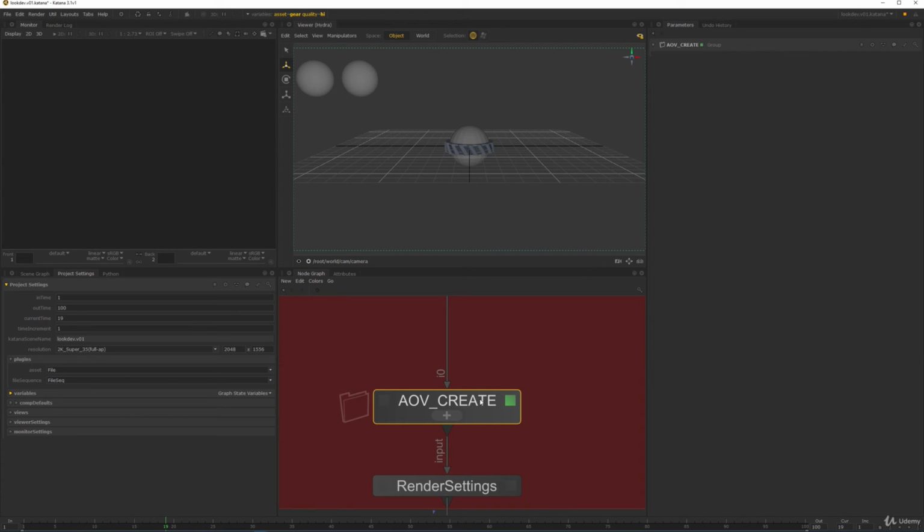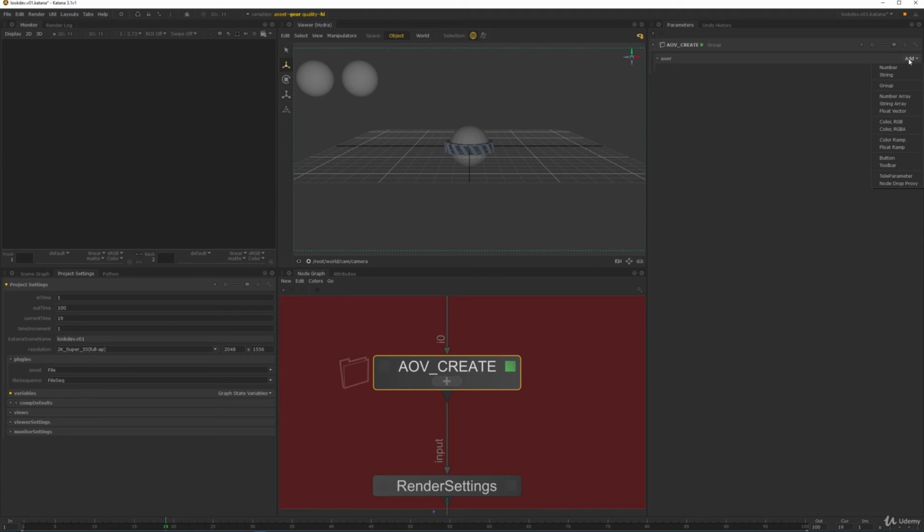Ideally, we want to create a few parameters. So what the AOV create macro should be doing, we should have a list of checkboxes for the AOVs we want to output. And we also want to have an advanced section so we can actually specify our light path expressions. And maybe we want to have albedo AOVs, which normally you don't really want, but let's just add them. So if I go to my AOV create node, hit the wrench, edit user parameters,